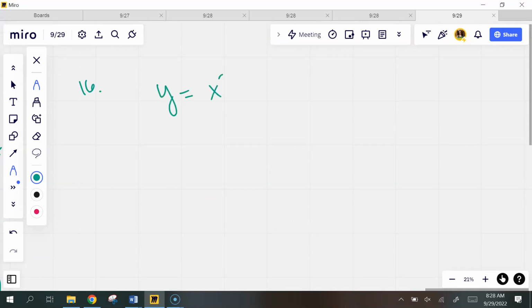Y equals x cubed times (2x minus 5) to the 4th. I see a product rule. Or, well, no, you can't distribute through unless you FOILed this out 4 times, right? Which is what we were doing in the section before. Blech. All right, derivative of the first